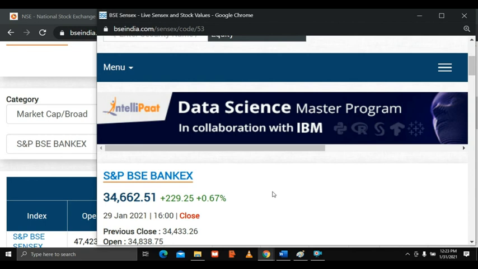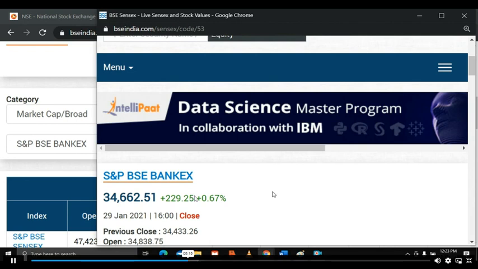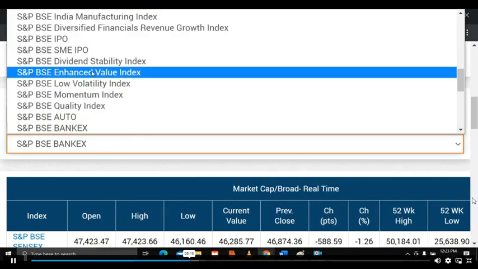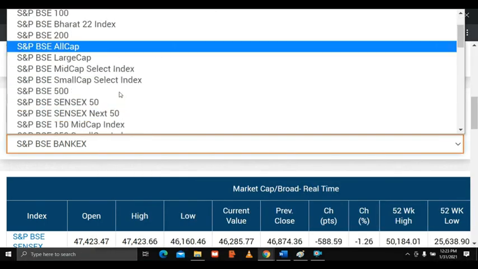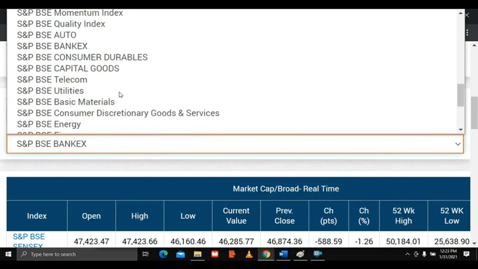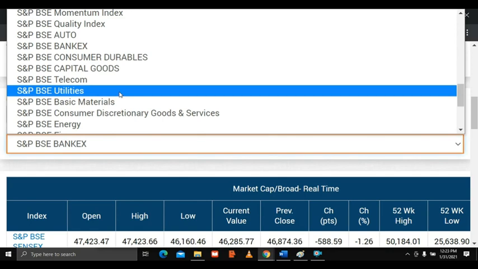So there is a purpose in Sensex. But what is the purpose in making groups like Bank X, FMCG, IT, auto, pharma? These are all indices, right? There are a lot of different indices. What is the purpose in putting the different stocks in different indices? Just think about it. The only purpose is to see whether that particular sector is growing or not, whether telecom is growing or not, whether auto is growing or not, whether FMCG is growing or not. How do you know that? By looking at the index, by looking at this number.